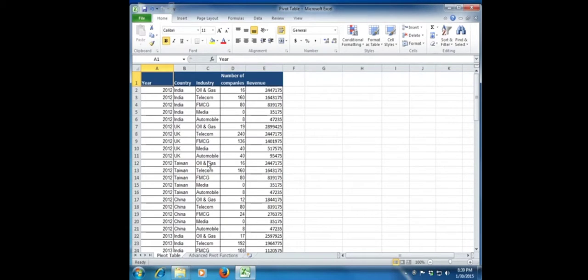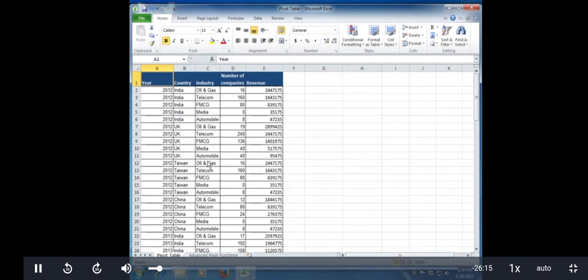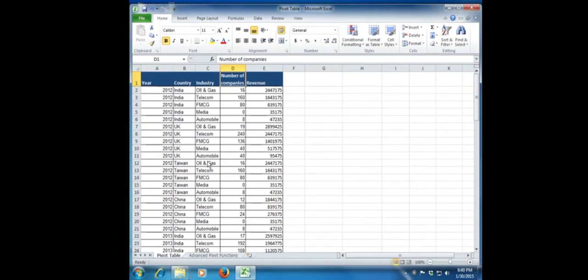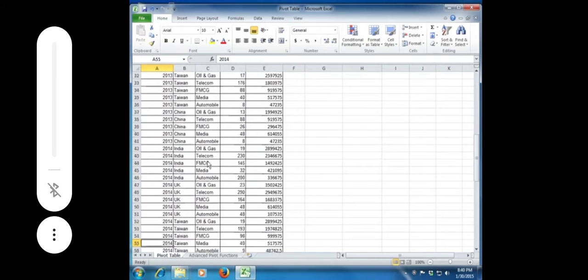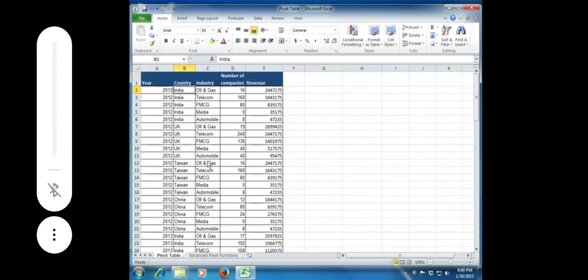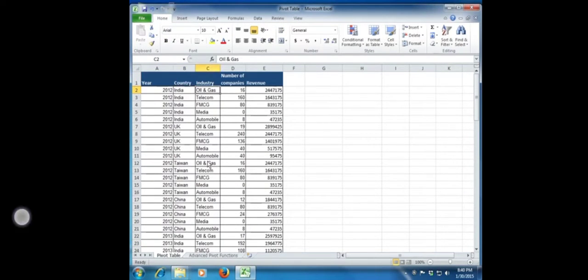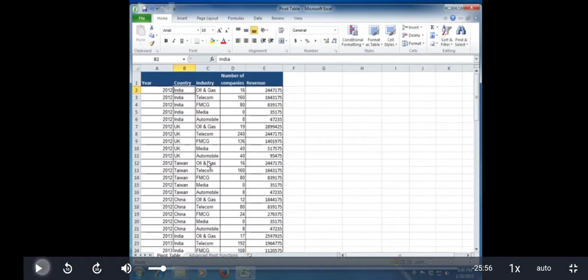Before we start looking at how the pivot table works and what all it does, let's understand this table, and let's understand what all analysis we can do. Well, it's just hypothetical data. So we have the year. Okay, so we have the data for 3-4 years. We have the country and the industry, that is for, say for example,